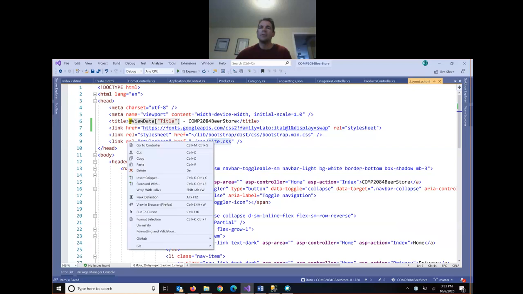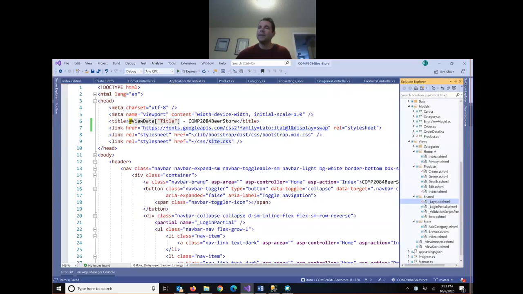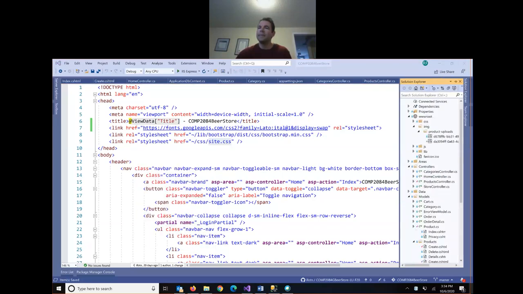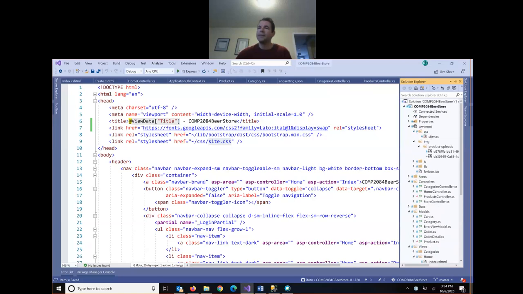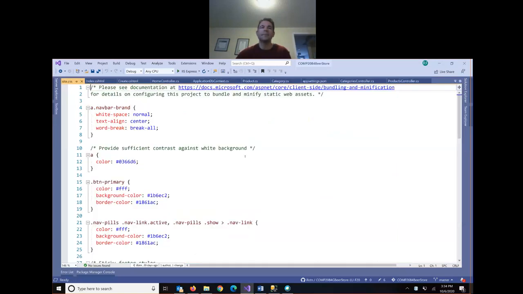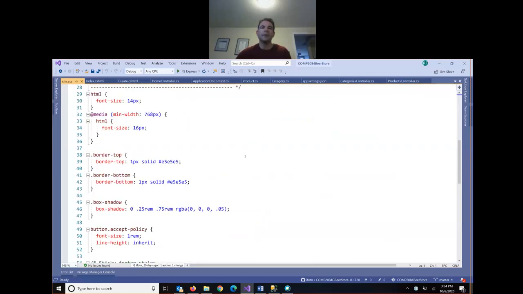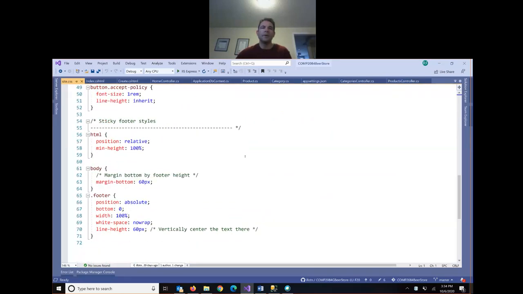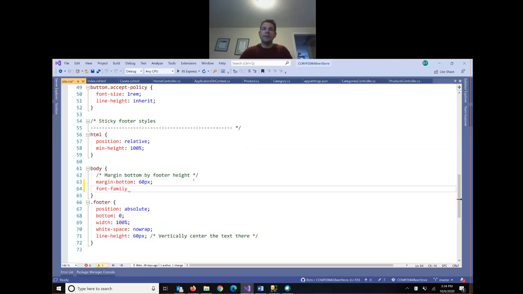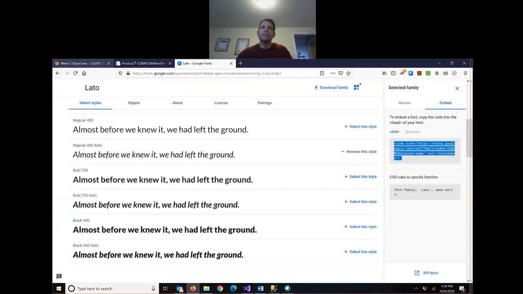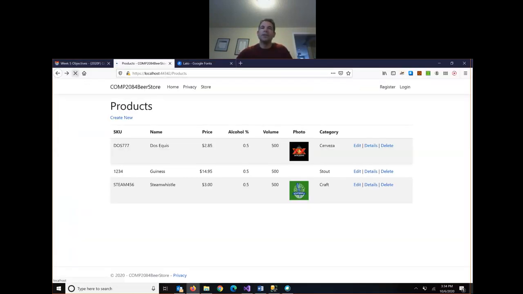So I'm going to open up my CSS file. It's in wwwroot CSS. Here's our site.css. And in the body, I'll add Lato as my default font. If I go back and refresh,